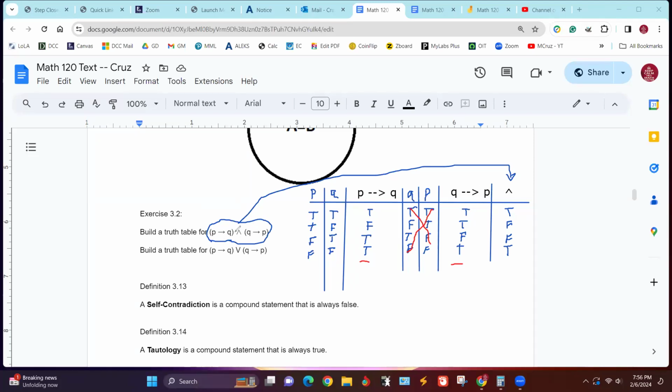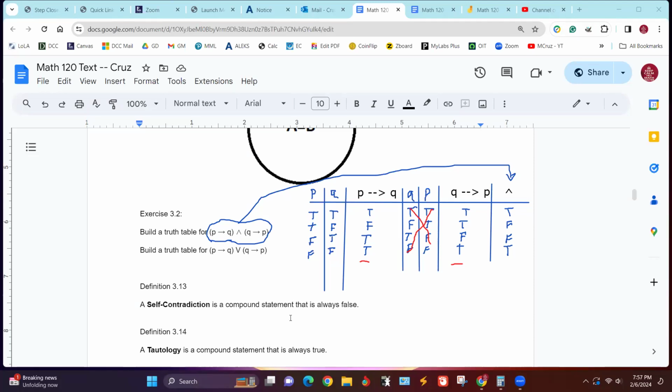This statement is equivalent to the biconditional because it has the same order: true being true, true being true, and then the mixed ones, false true and true false, are false in the middle. So that right there is the same thing as the biconditional.